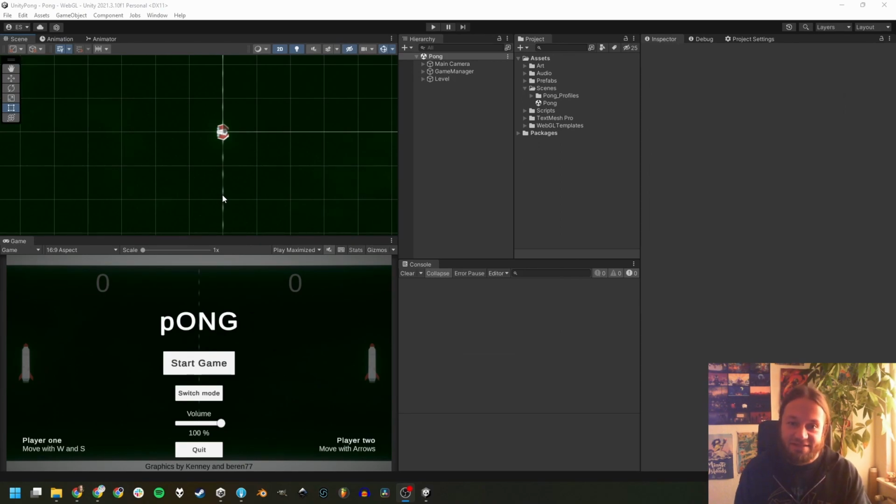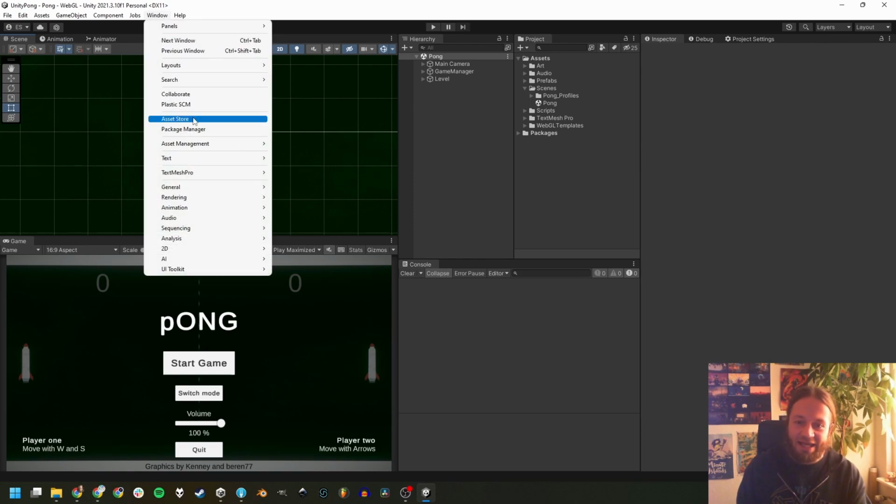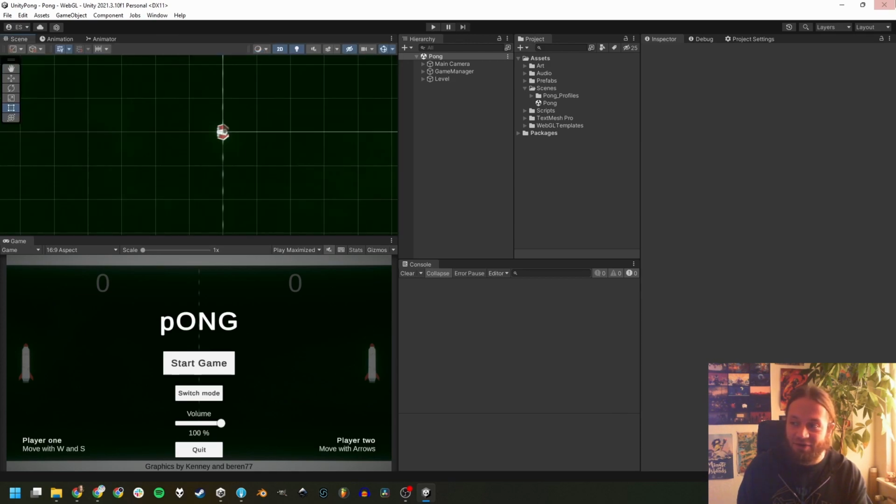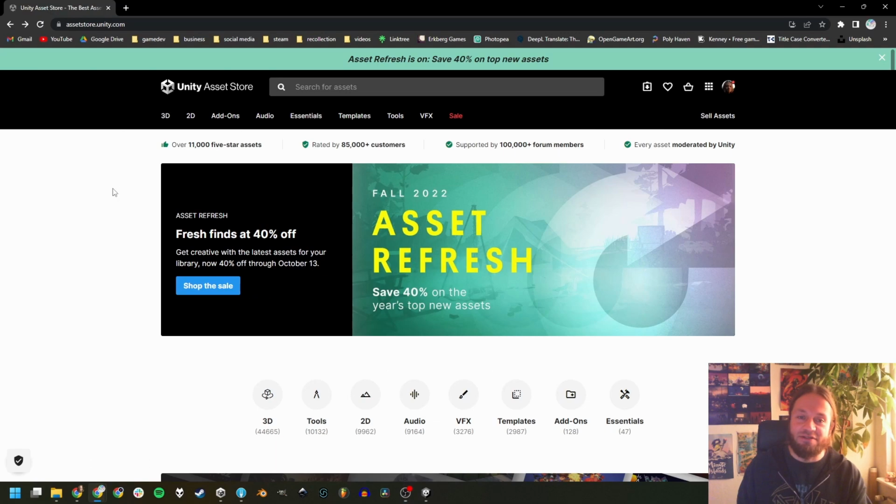Next up is something similar but also different. It's the Unity Asset Store, and we can access it with Window and asset store, and it's gonna open up in Unity like this, which I think is a bit awkward to navigate. So I'm gonna close this again, and I like using it in the browser way more. So just go to